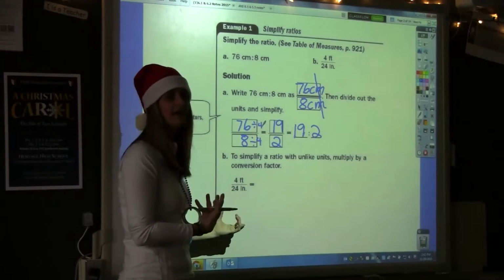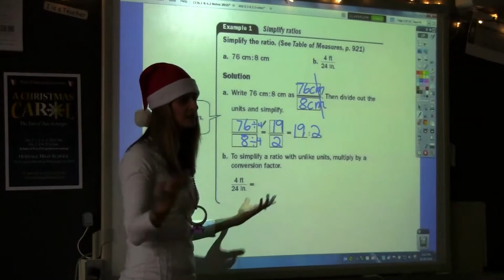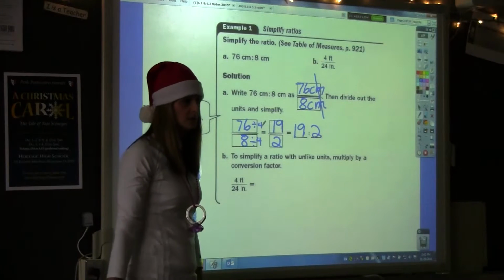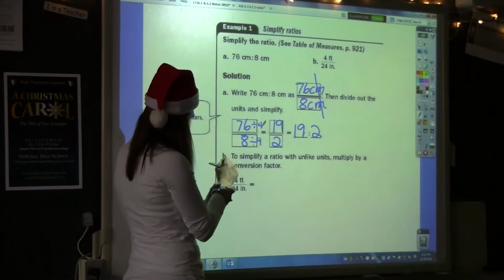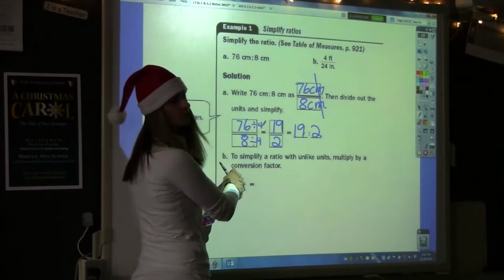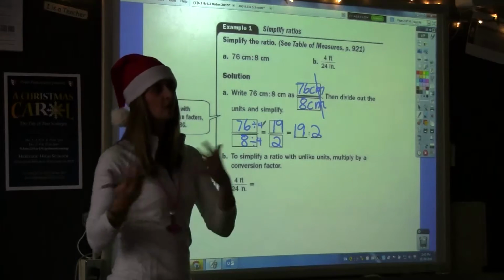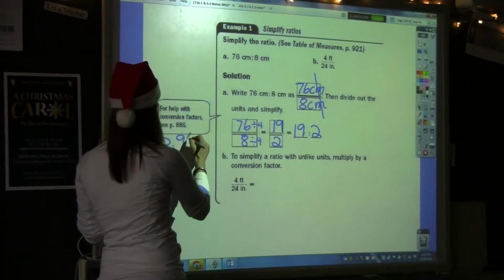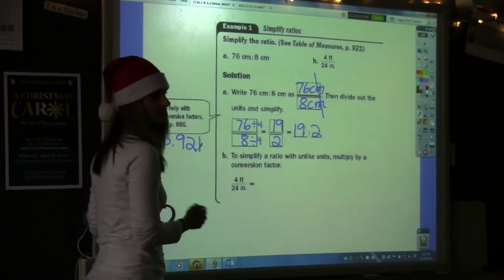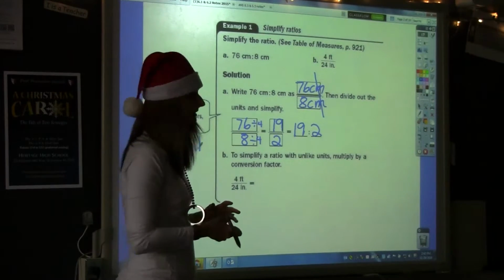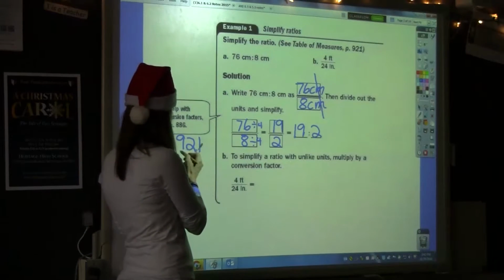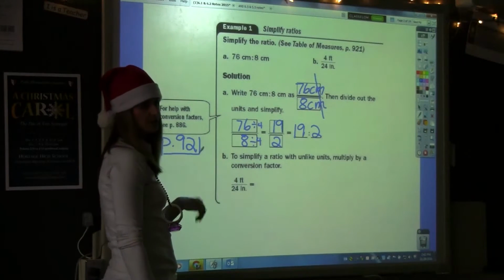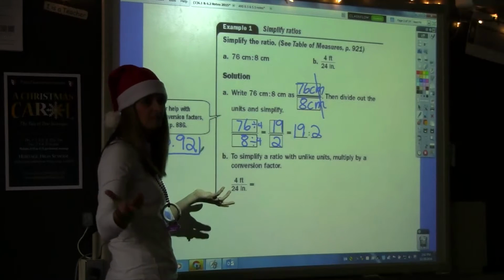It could be 25 inches in the next problem, and then you have 2 feet and an extra inch. So if you forget your conversions, if you've forgotten that there's 12 inches in a foot, you can go to page 921 of your book, and this is actually written on your homework too, or you could look it up on your phone. Okay, but all your conversions are in your book on page 921 if you ever look at your textbook,